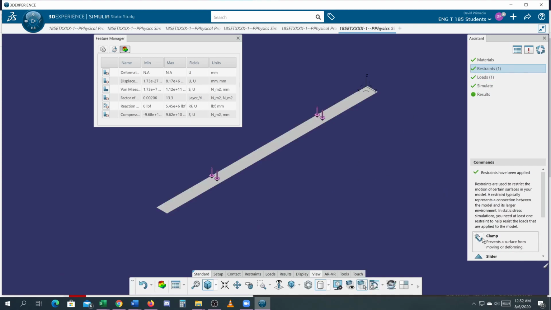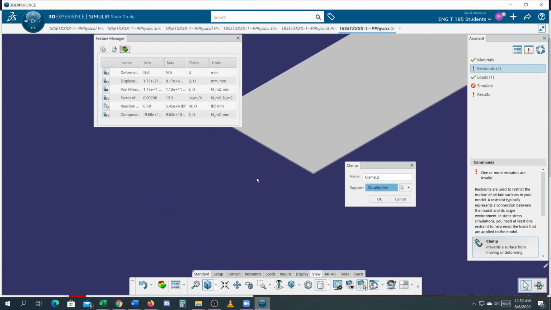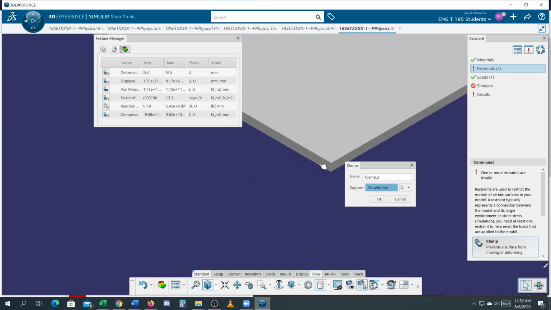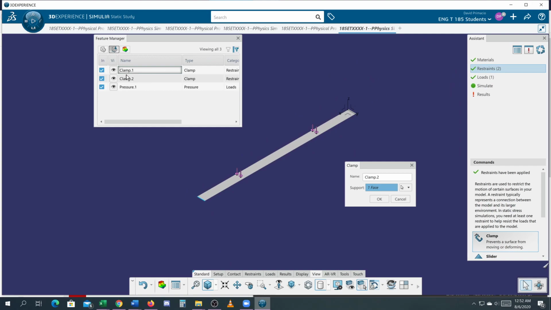And I'm going to add another clamp. I'm going to zoom in this area over here. Get closer. I'll get that face. And then we'll go back to fit all in. So now in my scenarios, you'll see I have 2 clamps. I'll select OK,